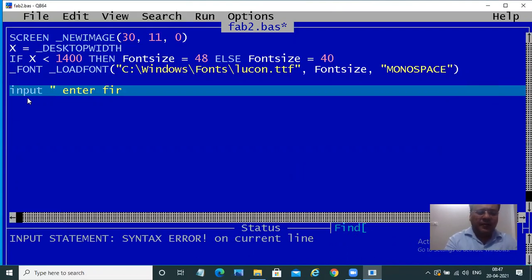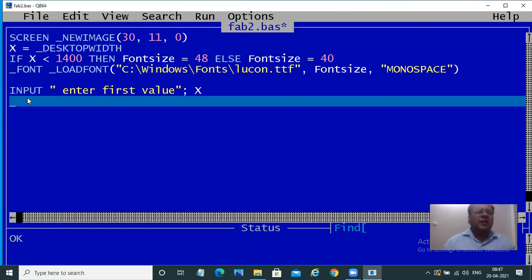Enter first value to, let us say, X. Now you'll see this keyword will become capital as soon as you type it. Then you say input